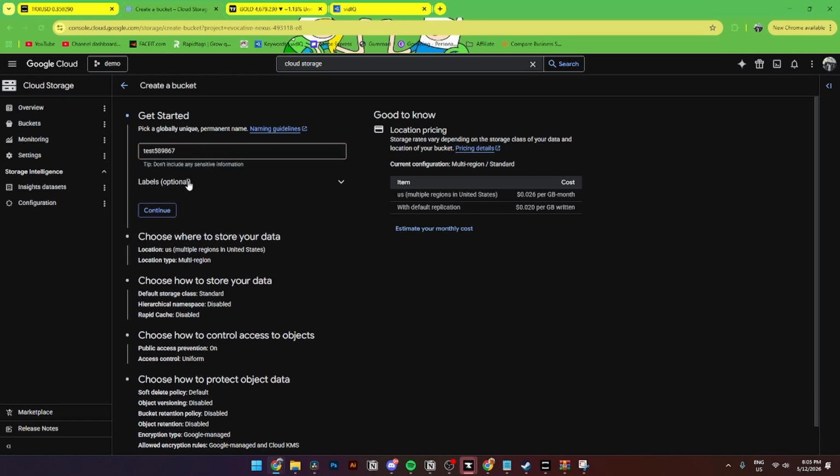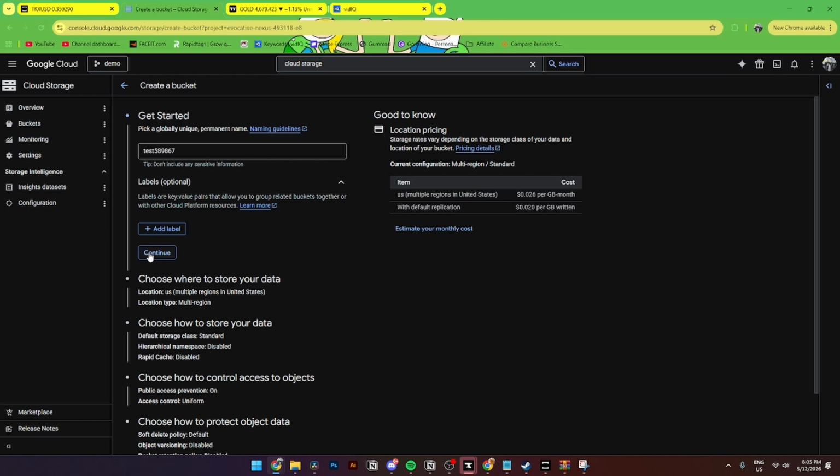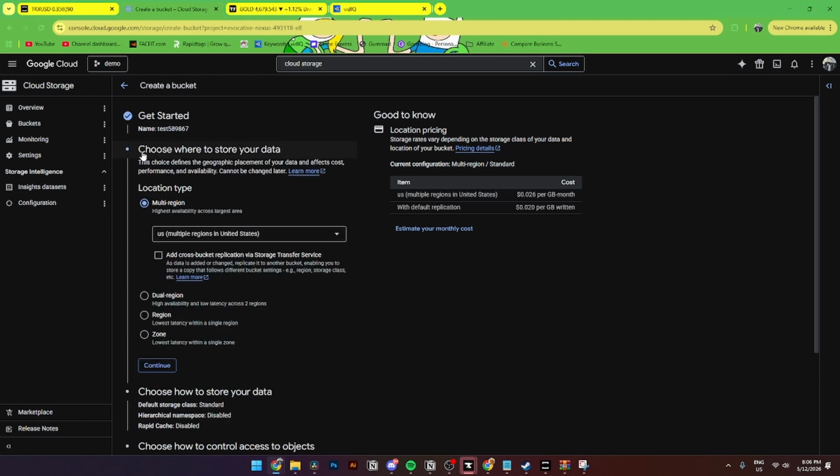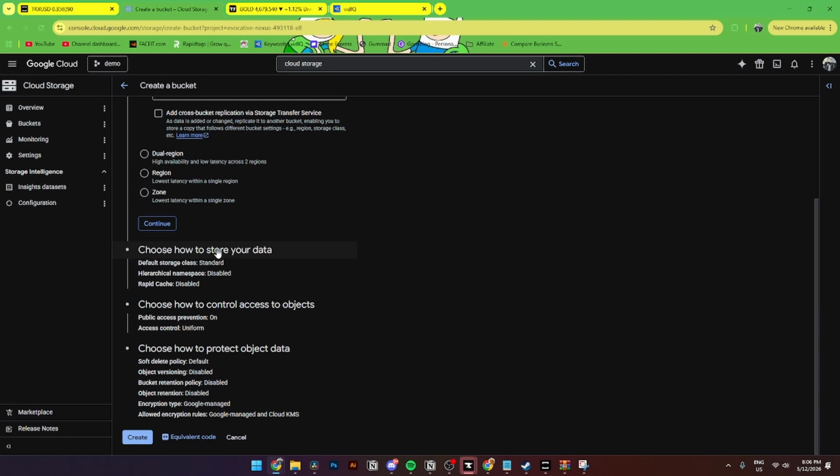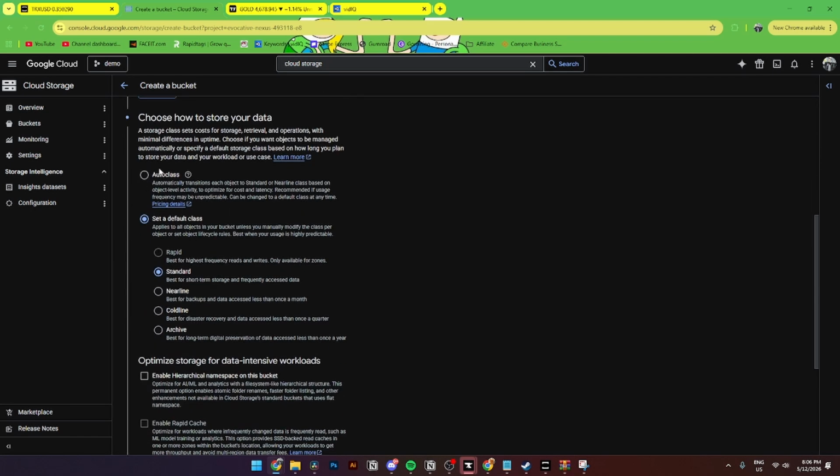You can also add a label if you want to do that by clicking here and add label. Now from here, you'll simply need to click continue, like so. And from here, you'll need to enter in the location type. From here, you'll also need to choose how to store your data,